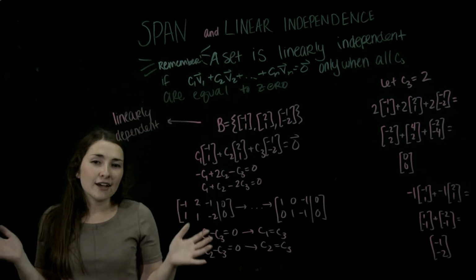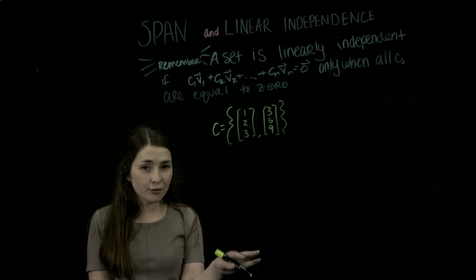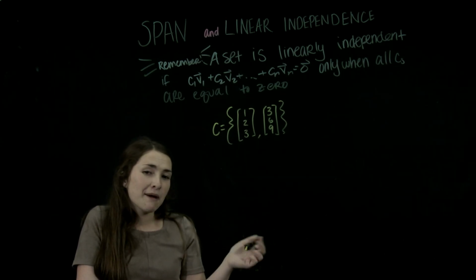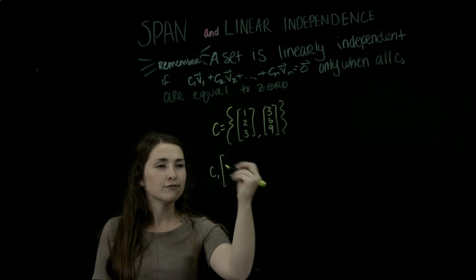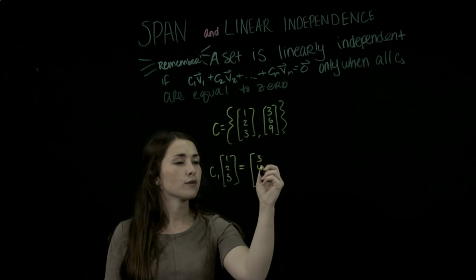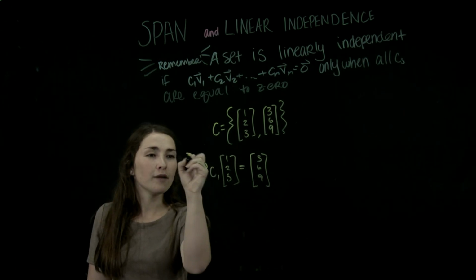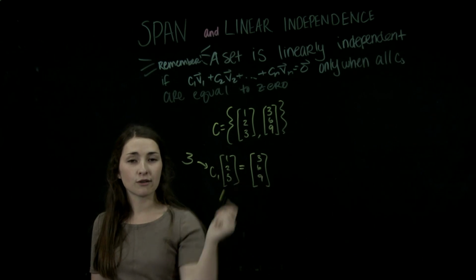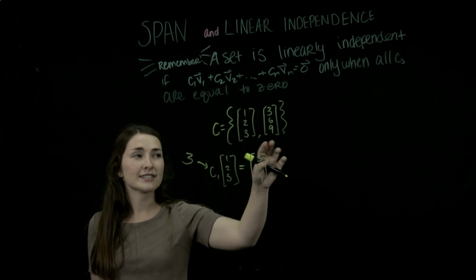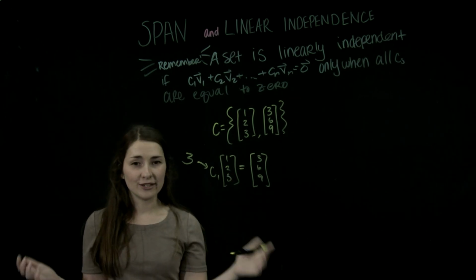So let's look at a set of 2 vectors. Now we're going to look at this set C that has 2 vectors of R3 in it. Is this set linearly independent? Let's see if we can find some value of C1 times our vector 1, 2, 3 that's equal to 3, 6, 9. Well, you're looking at it, you're probably like, well, yeah, obviously. If we let C1 be 3, then 3 times 1 is equal to 3, 3 times 2 is equal to 6, and 3 times 3 is equal to 9. So we can write this vector 3, 6, 9 as a linear combination of our vector 1, 2, 3. So the set is